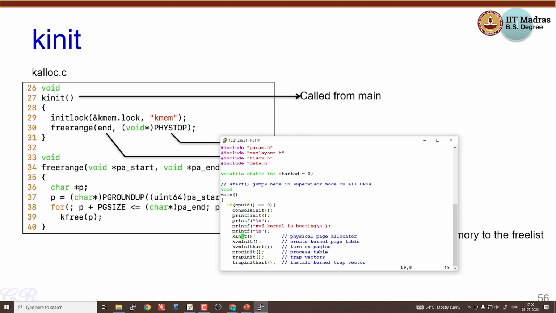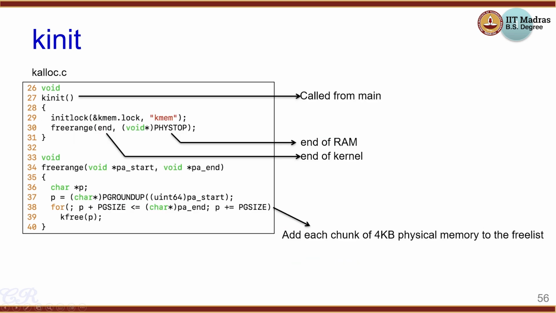The kinit function is present here. It is called from main, as we have seen. This particular function, initlock, is not very important for us; we'll get to what this means later on. Important for us is that we want to initialize the memory into various page frames and also initialize the free list. So this function freerange is given two parameters, end and start, right? So the entire range of memory,